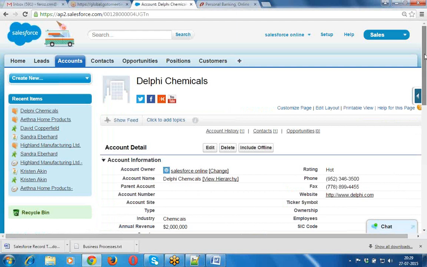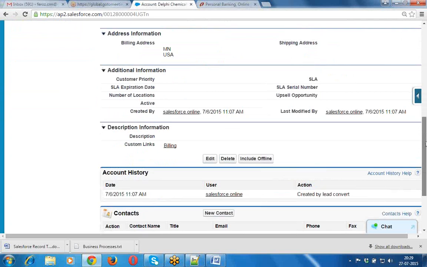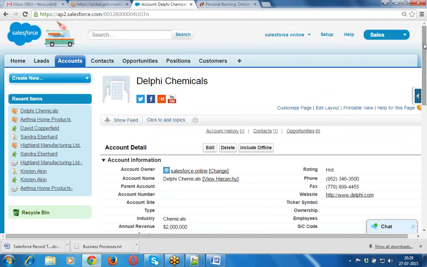For this Delphi Chemicals also, we have the same account information section and the same set of fields. Address information, additional information and description information sections are there. Whatever sections and fields we identified in the previous record are available here, but the values are different. The previous record is for Athena home products and this new record is a Delphi Chemicals record.